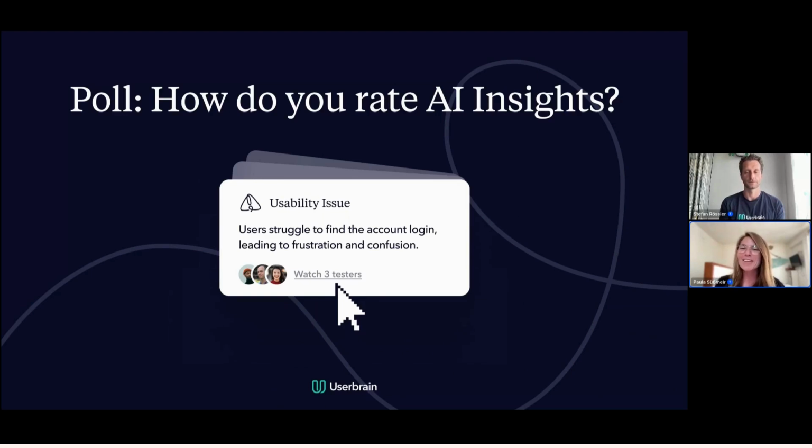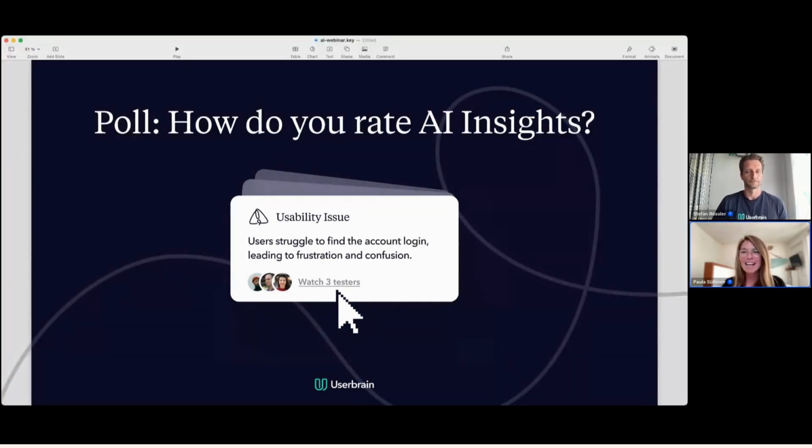Okay, so if you go down in the menu, there is a poll, and I would like you to rate how you rate AI insights. Feel free to give your rating from 5, I absolutely need AI insights myself; 4, I don't need AI insights, but I use them; 3, AI insights are a good idea, but not right for me; 2, I don't like AI insights; or 1, AI insights make things worse for me.